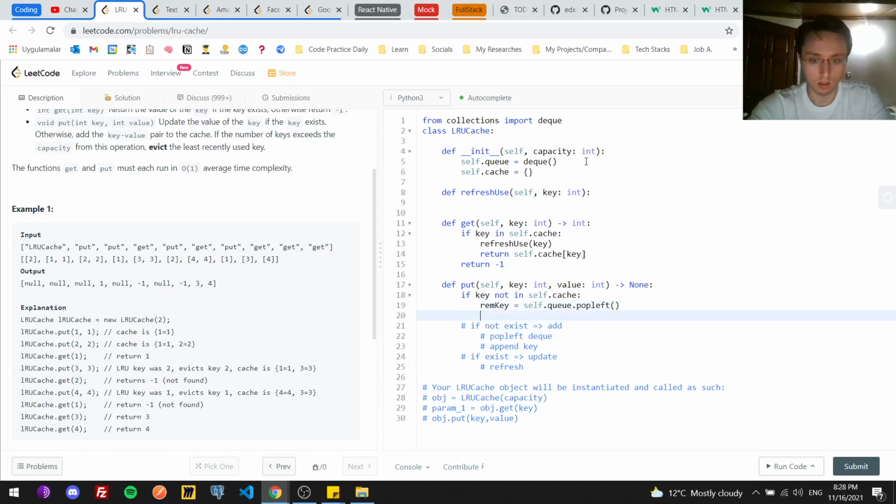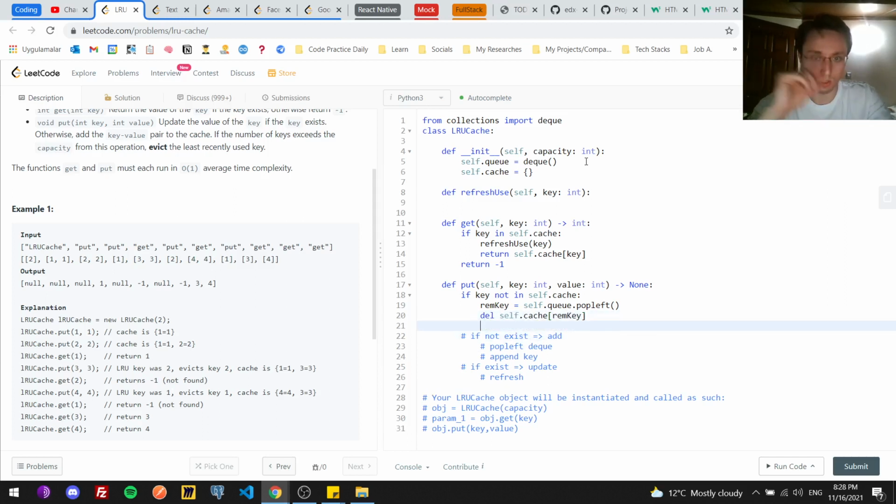Then in self cache, we have this remove key, delete it, we don't want that anymore. And I also want to